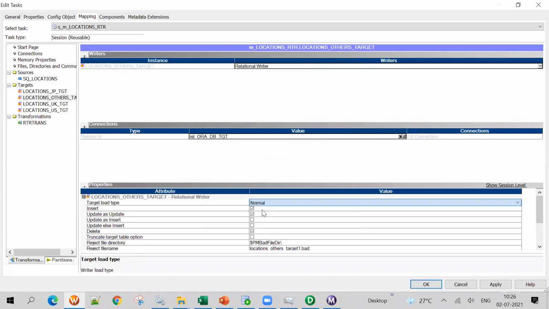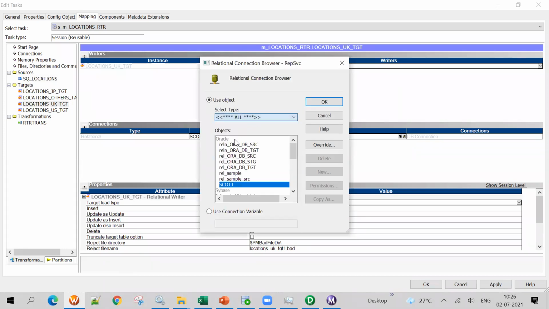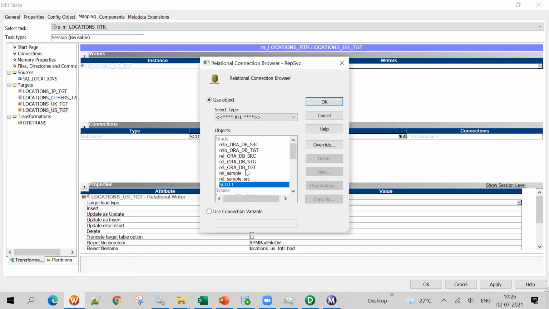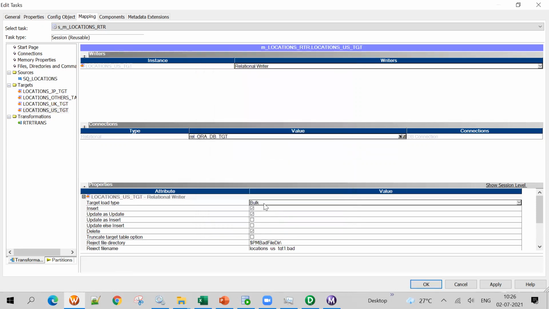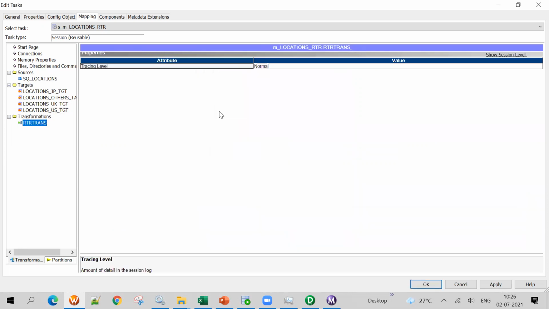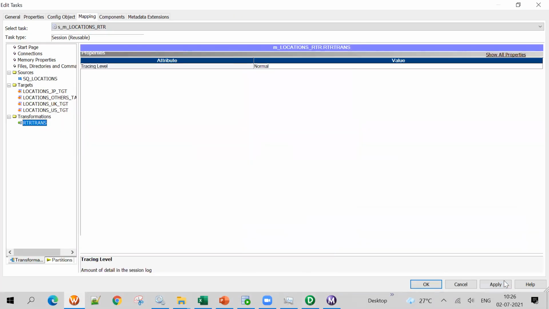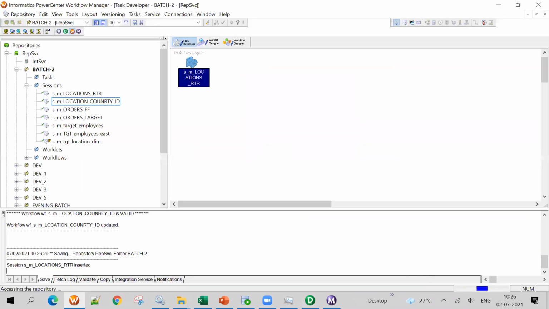TGT, bulk to normal for UK, and for US. If you check the router here, nothing is visible; you need to check in the mapping only. Apply, save it.